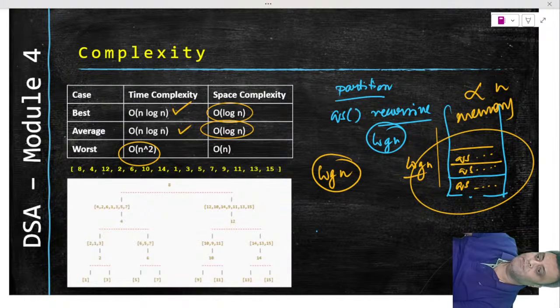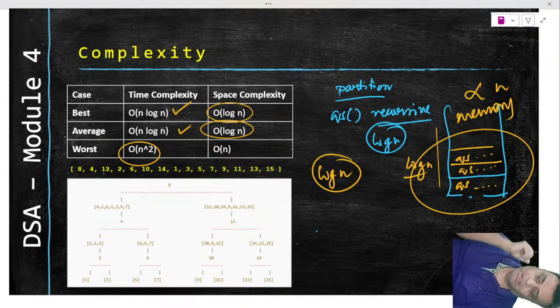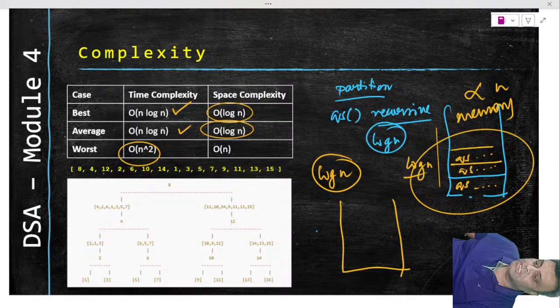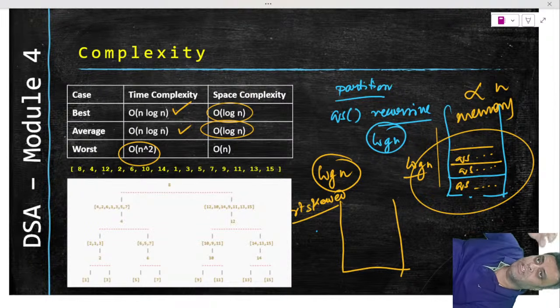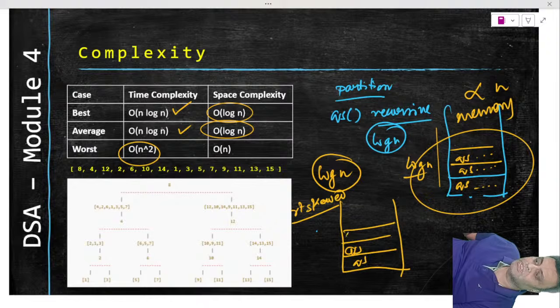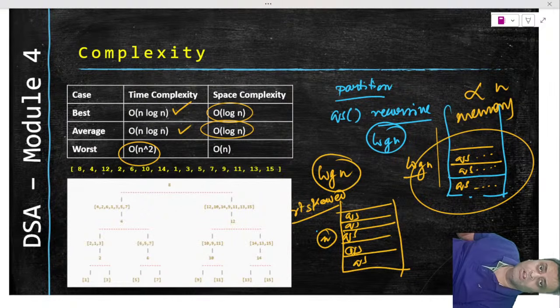Whereas in the worst case, how many times will this stack be filled up? The worst case is the right skewed tree. How many times will we call quicksort again and again? N times. We will call quicksort once, quicksort next. Because it is sorted, all the elements will have to be covered, and therefore we will be covering n elements, not log n elements, because the height of the tree is no more log n, it has become n. So n will be the worst case space complexity.